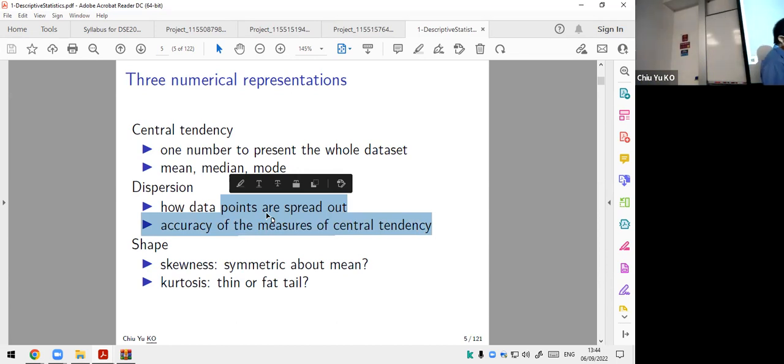And lastly, we talk about the shapes. For shapes, we have skewness and kurtosis. For skewness, I already mentioned it in the rough sense. Skewness is asking whether the median is bigger than the mode or the mode bigger than the median. Or in a more generic sense, whether there's a lot of data at the far end, the left or right. Say the income, most likely is skewed to the right because there are a lot of super rich people earning so much money.